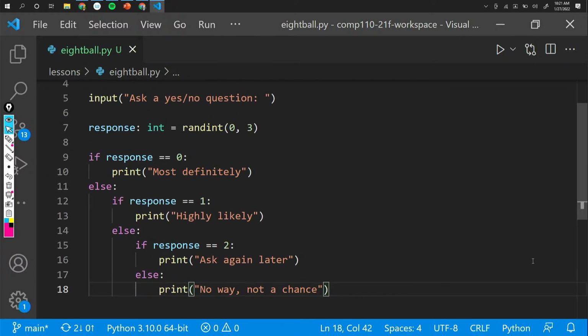Anyway, the point of all of this is to say, notice that a real 8-ball actually has like 16 faces on it, and it has 16 different options for outputs, I believe. And you can imagine if we generated a random number between 0 and 16 rather than 0 and 3, this indented nested if then else statement would get very indented and very nested and would be very cumbersome to work with. And so the next piece of syntactical sugar we're going to look at today is called an elif statement.